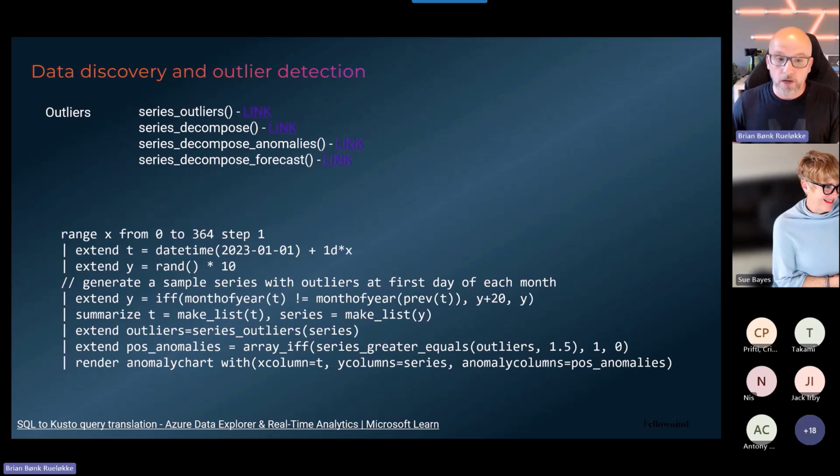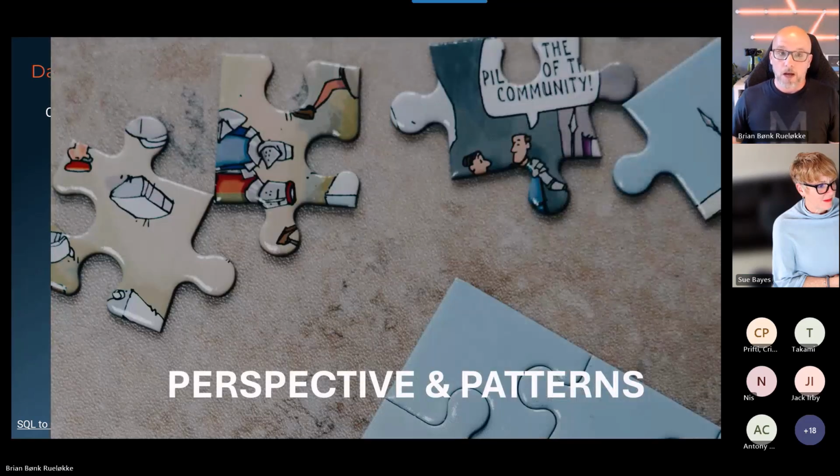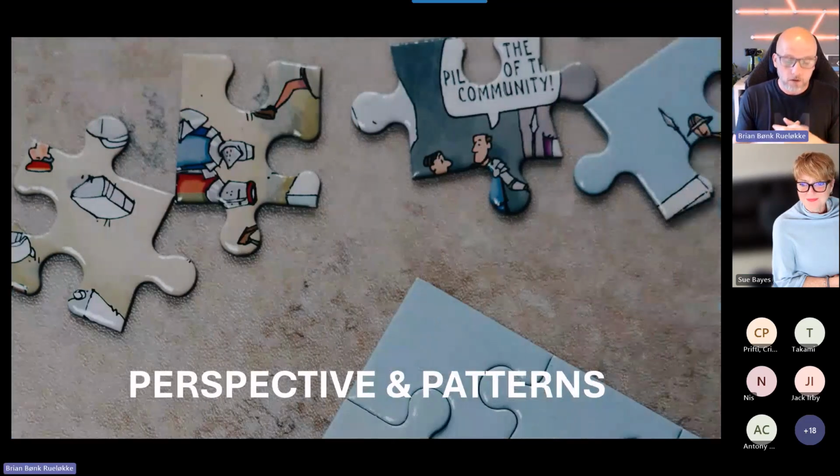These 2 queries are part of the PDF you can download, so you can play around with it. It is a copy-paste enabled PDF, so you can just copy and paste, and this will work. This specific query will work even though you don't have any data, because it generates data as you go along. Okay. I hope I have blown your minds a bit now.